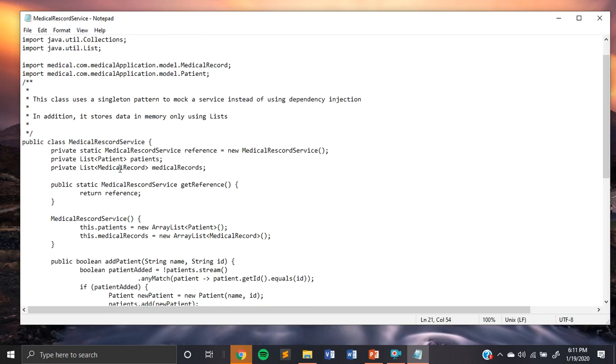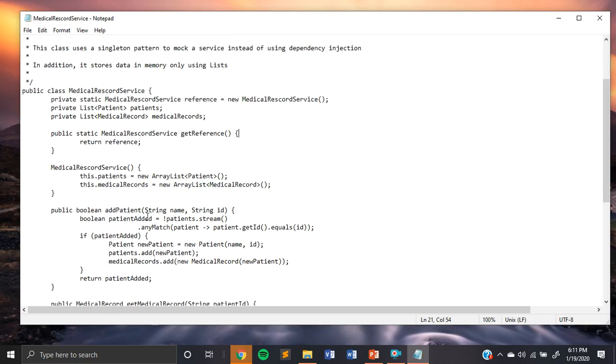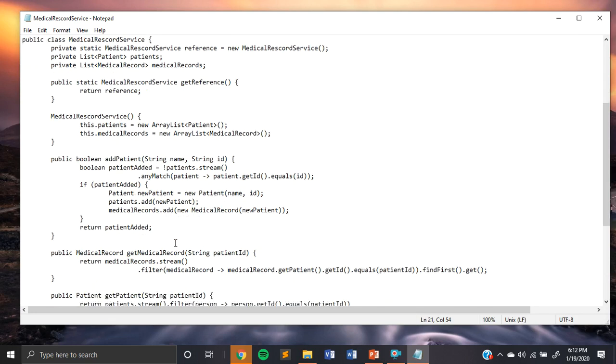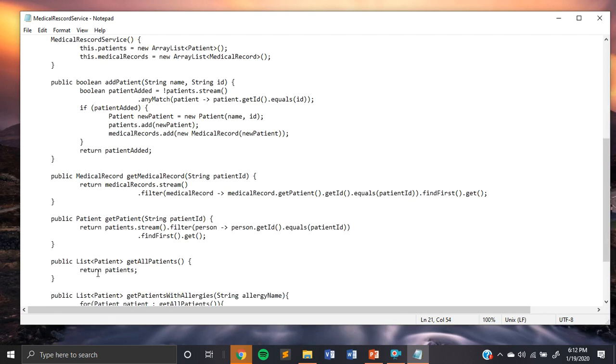Going down, it looks like it's for listing patients and medical records. It gets the medical record services here, gets a list of patients and medical records. If you're adding a patient, and if the patient was added, then it'll create a new patient, and then you can add medical records for the new patient. Now this is for getting the medical record, and it needs the patient ID to get the medical record. Now this is for getting the patient, so this will match the IDs and get the patient with the matching ID. This is for listing all the patients,